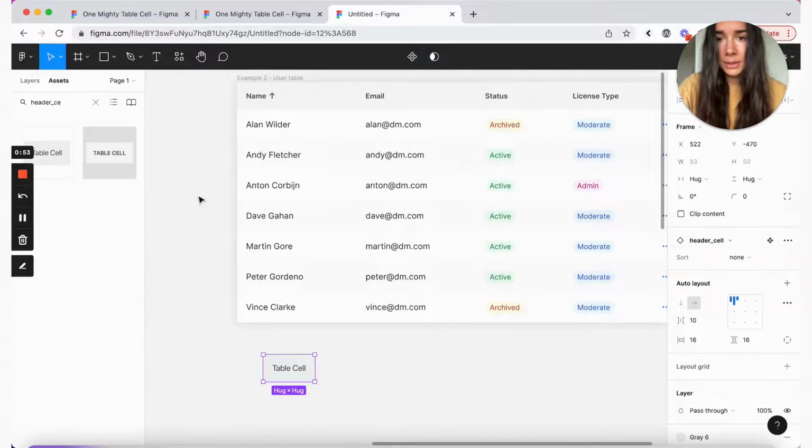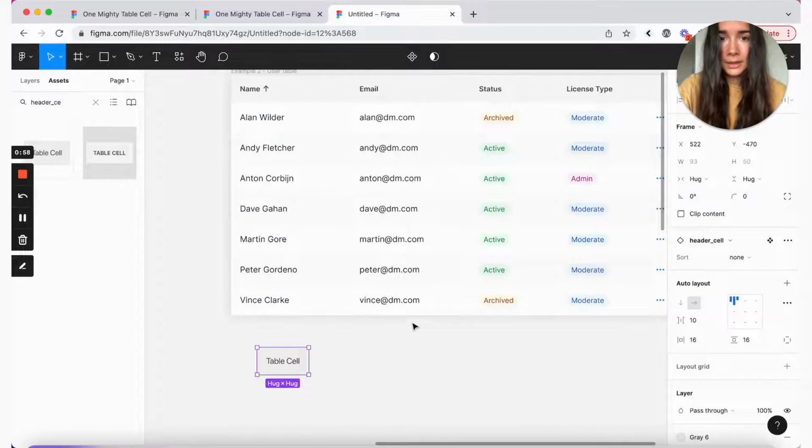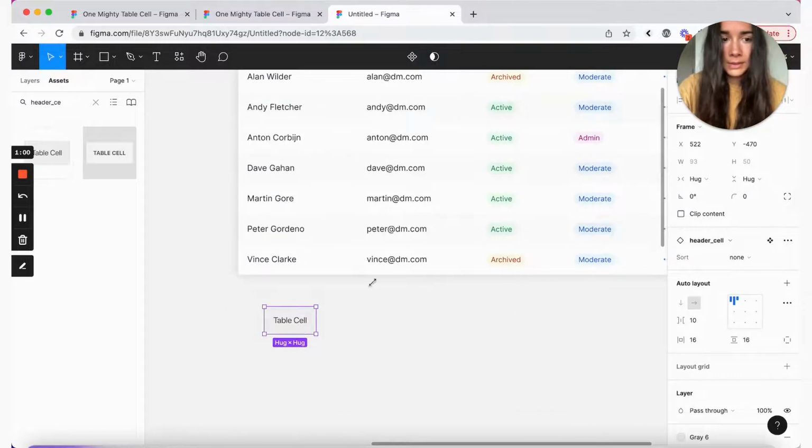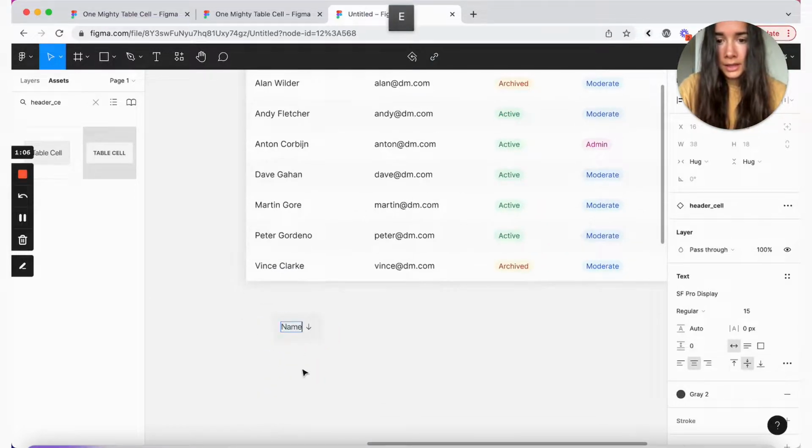So the way I typically create tables is that I do it column by column. So I'll start with this one, we'll do a sort down, and it will be by name.